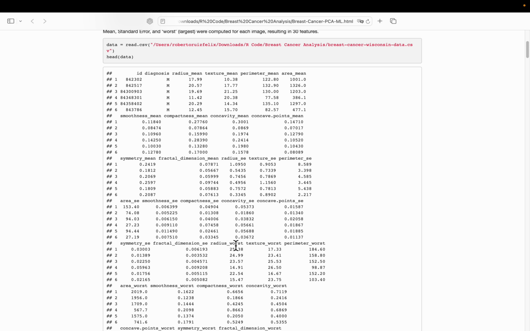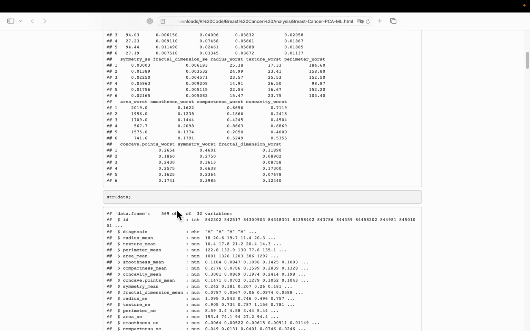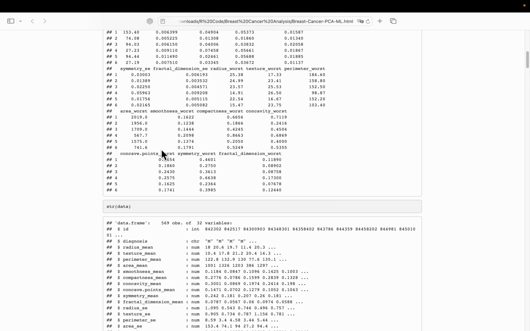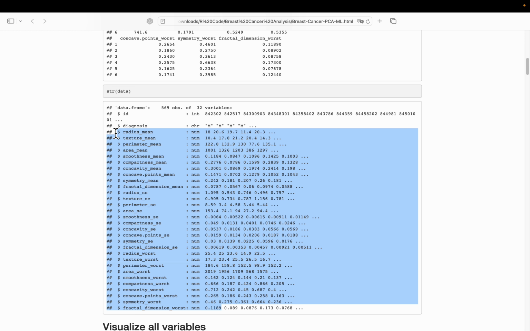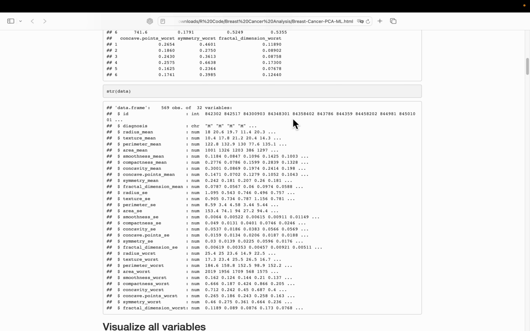So radius worst is actually the largest radius found for that patient in that image, and this is titled worst because a bigger radius means that it is a bigger tumor, and that is something that patients do not want. So that is why it is titled as worst. So each feature appears 3 times: mean, standard error, and worst value or largest. If we look at the values themselves, we can see that we have 32 variables, almost 600 observations, and all of our features are numerical until we get to diagnosis and ID. ID is just an integer that is unique to each patient, and then diagnosis, M or B,